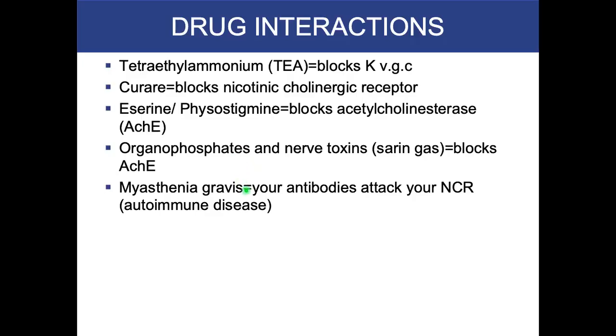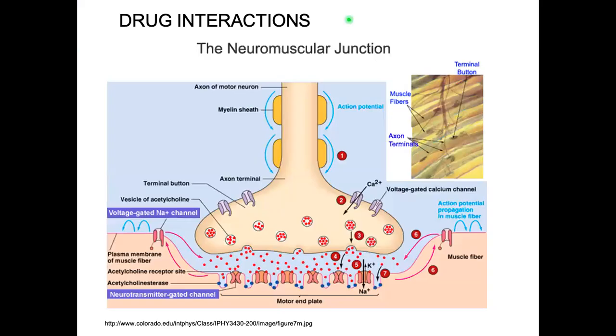Myasthenia gravis is an autoimmune disease where your antibodies actually attack your nicotinic cholinergic receptors. So they knock out your nicotinic cholinergic receptors. If you go back to the picture, let's look at number 5, right? If you knock out this receptor, and sometimes it's a fast progressing